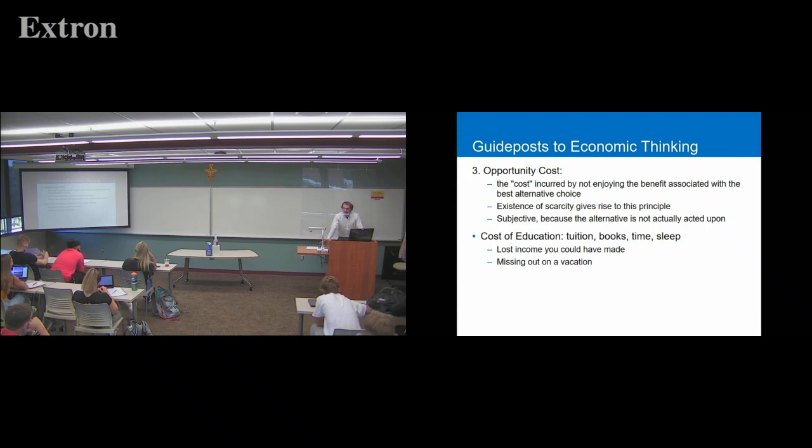But there's also opportunity cost. There's lost income you could have made. You could be working for a job now making, say, $30,000 a year. So that's factored in to your cost. And like I said, going to Penn State or going to a different university, that's an opportunity cost. Maybe missing out on a vacation because you're here this week, you can't really go anywhere. Apparently bars are still open in Florida, so you could be down in Florida, but you're not. These are all the opportunity costs, all things that you have to give up because of the choice you made.